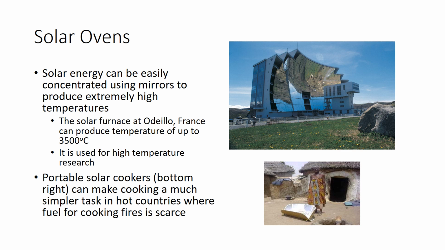And another way we can use passive solar is through solar ovens. Solar ovens are just concentrating that heat, just like you did in the concentrated solar power. But instead of using it to generate electricity, you're generating it to use heat. So in France, you can see this massive building, super, super hot temperatures. Really, it's just in the design. And so mirrors, but it doesn't have to be mirrors also. It can be, just in shape and concentrating all of that heat in one place.